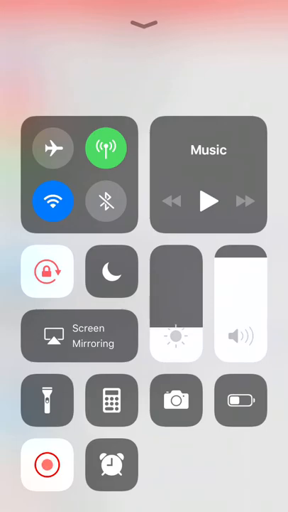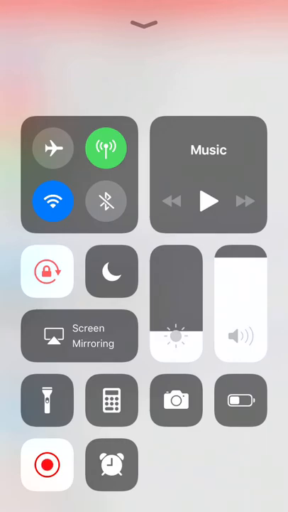And there are certain things that you'll see that maybe you don't have that I have, like this little red button that's blinking on the bottom left hand corner. That's actually screen capture or screen recording. So I actually had to add that. And I also have the alarm clock, which doesn't come default. So if there's anything that you want to add here to have quick access to in your control center, the